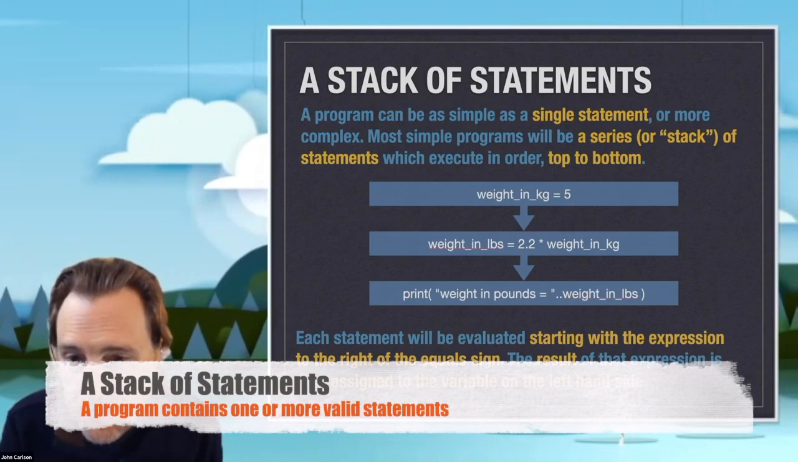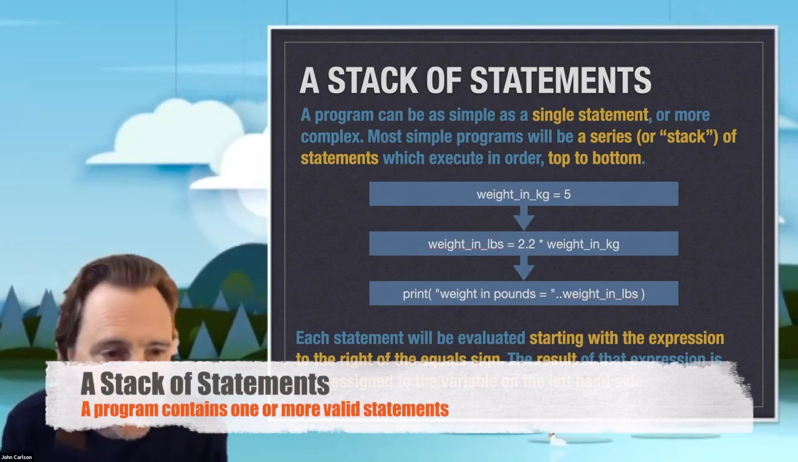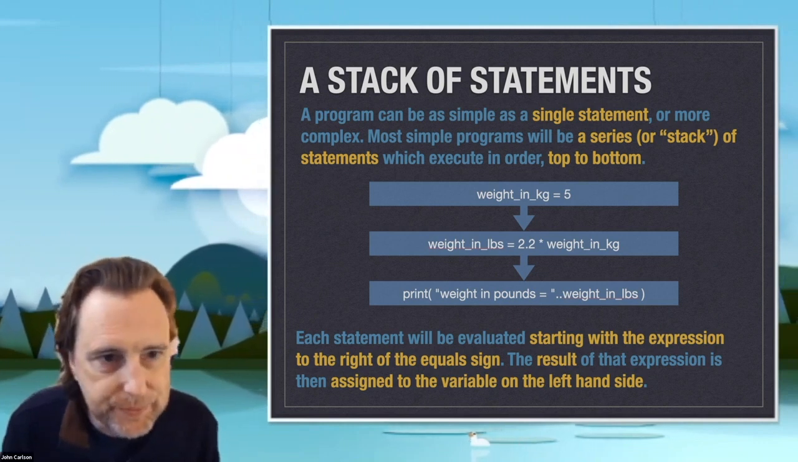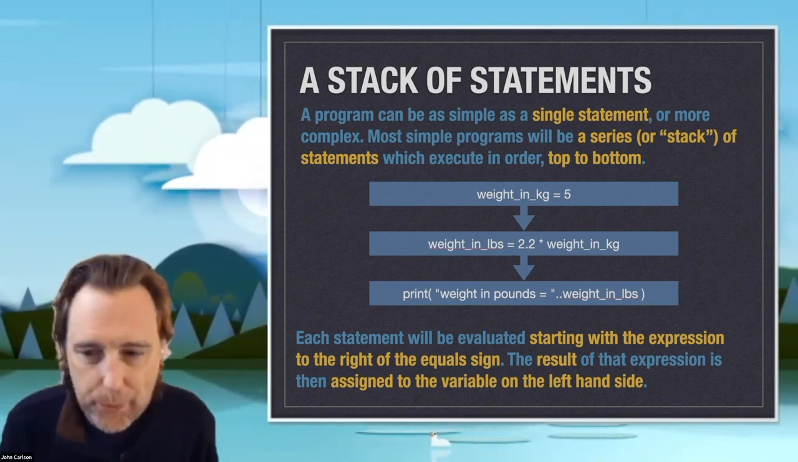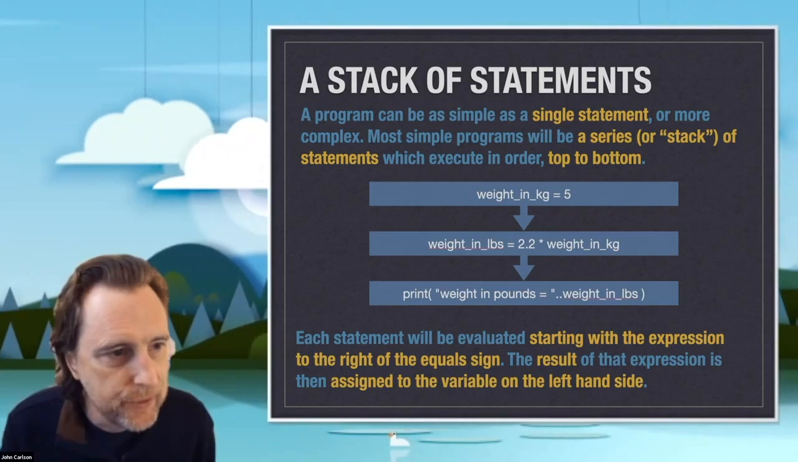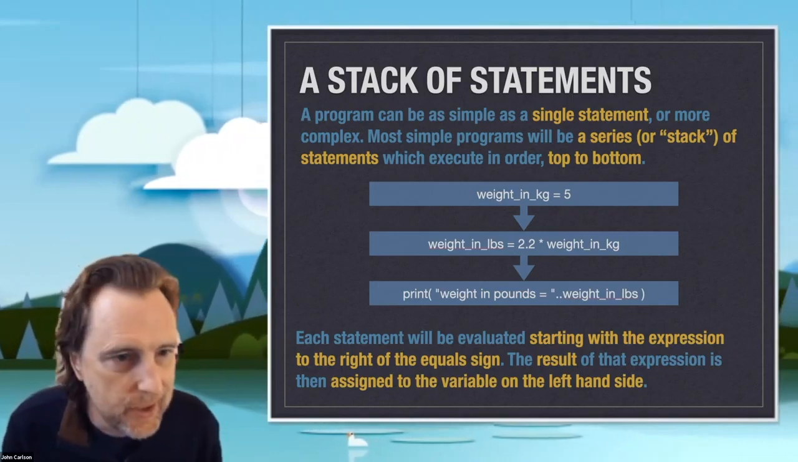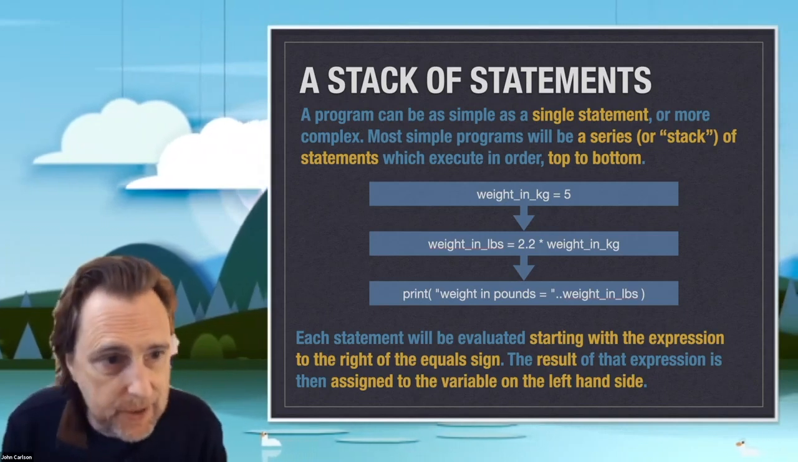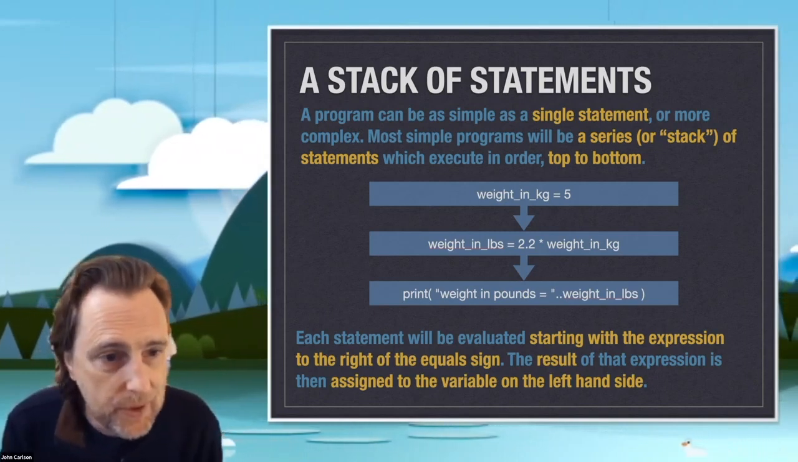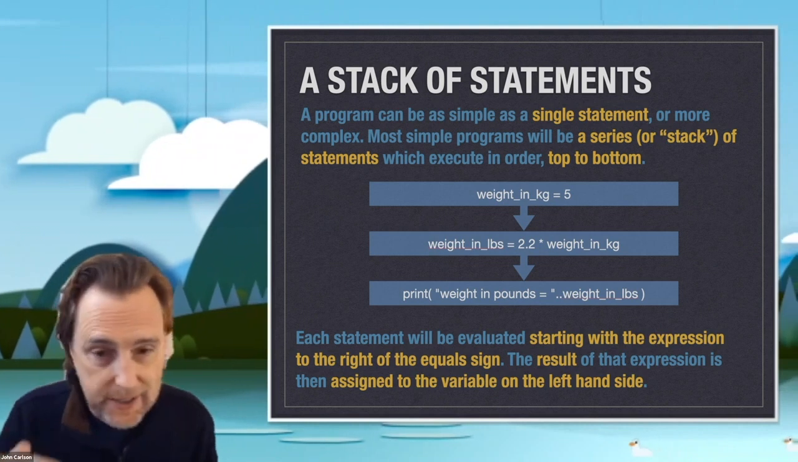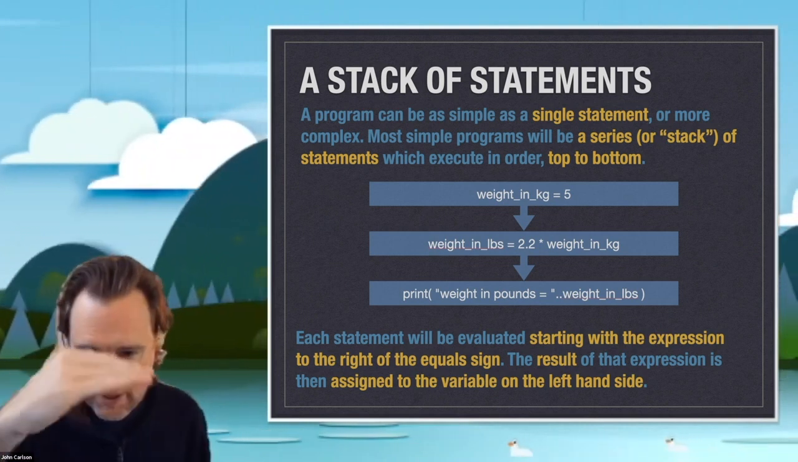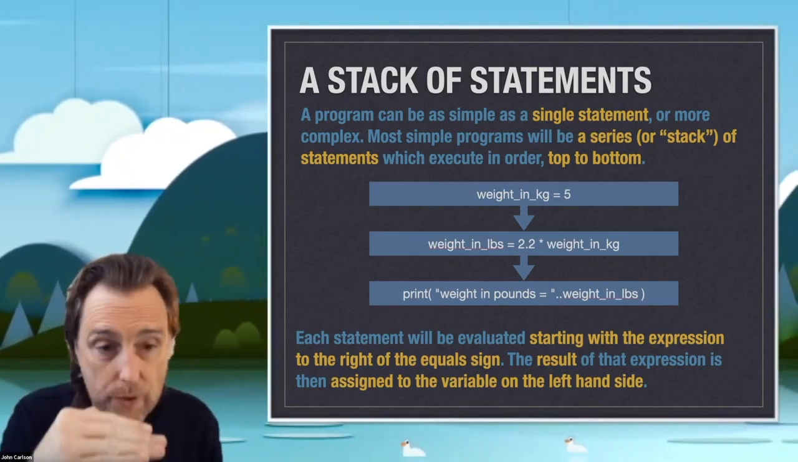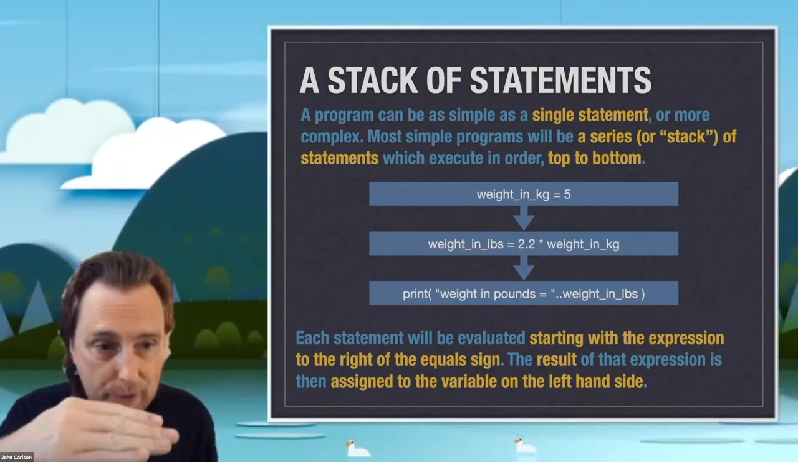A little more visually maybe, you can think of a program as a stack of statements. Every program will be a sequence of statements executed in order. What's the order? The order is typically top to bottom. It is literally like a list of statements one after the other that will be executed in the order that you would probably read them, from the top of the list